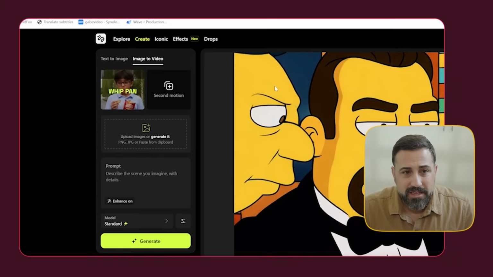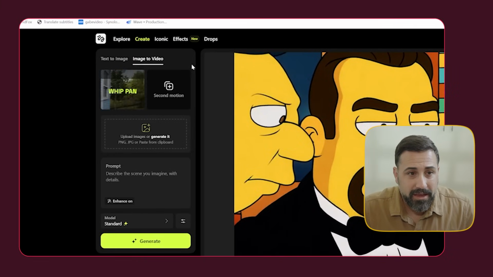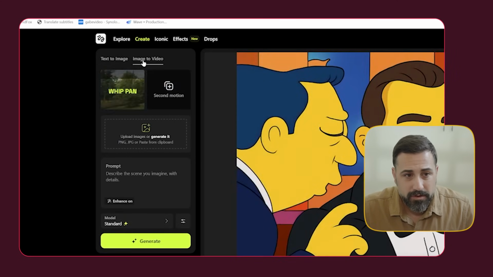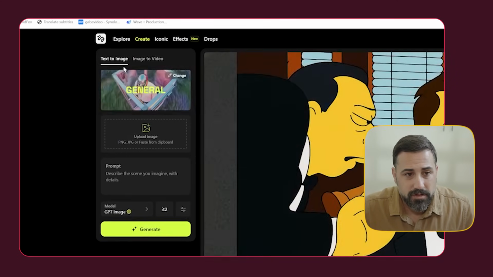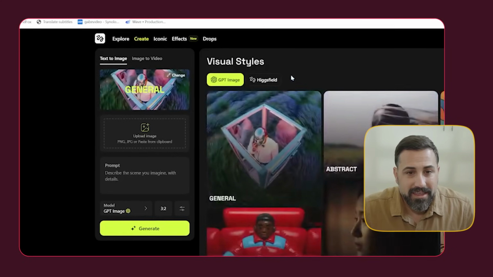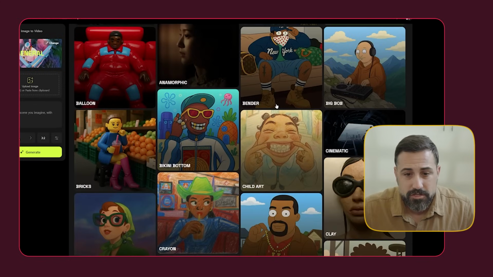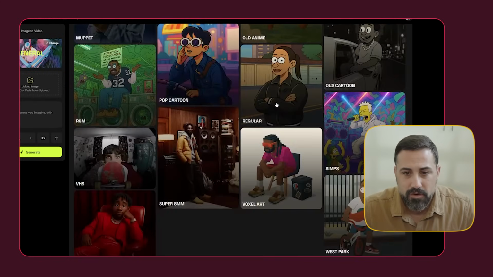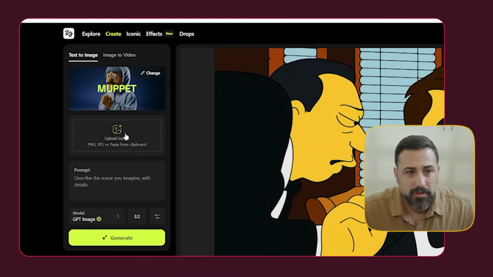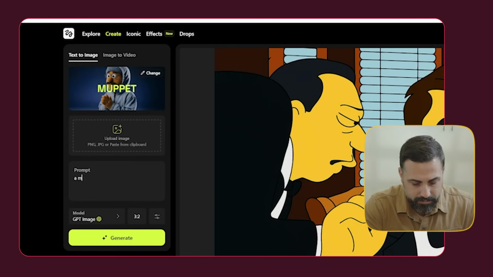Okay, so this is Higgsfield. This is Higgsfield create mode. And as you'll see here, they have a text to image model and an image to video model. So starting with the text to image model, it's exactly like most of the other generators, except you can click here and it gives you a bunch of visual styles that you can choose from. So it's like a style reference guide, right? So let's start here with this Muppet. And I believe you can upload an image that will do a style reference here, but I'm going to do a man with a beard